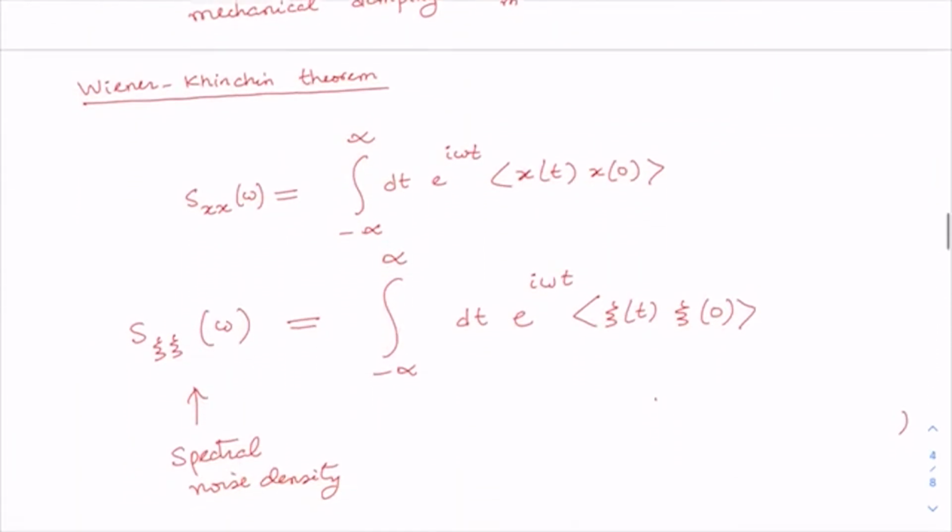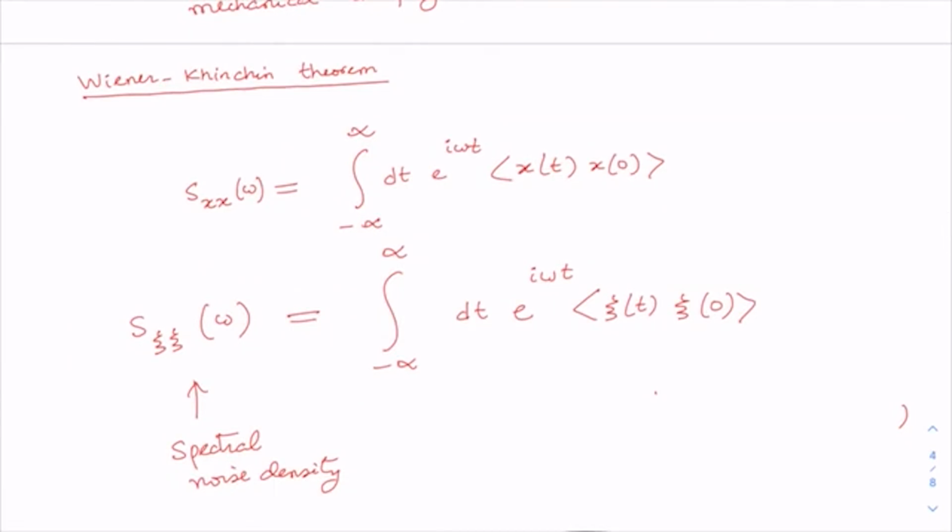We then recalled the Wiener-Khinchin theorem, which we discussed in the context of the movable mirror in an earlier class, which basically says that the noise spectrum is nothing but the Fourier transform of the correlator. In analogy to this, we have written down the noise spectrum for the bath, which is known as the spectral noise density, and that is the Fourier transform of